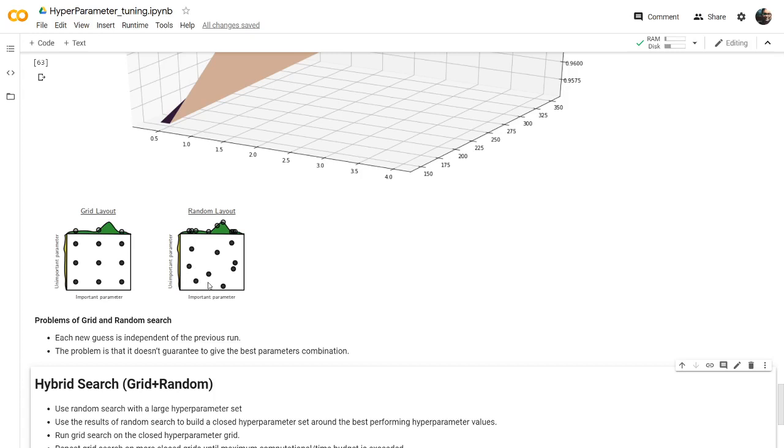One disadvantage of that approach is that it can get stuck at local minima instead of going to the global minima. So there are different algorithms for that. I'll explain in the next tutorial how to get rid of the local minima and reach the global minima, and work better than random search and grid search.